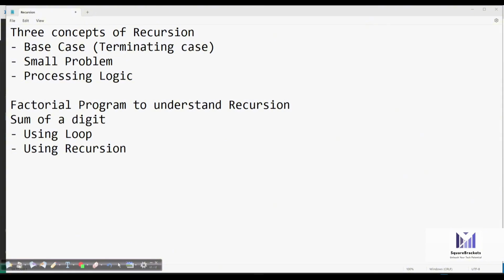All right, so we will start with the loop version. First we'll talk about the loop version of the same program. What exactly is the question? If you want to perform the sum of a digit, let's say the input is a number n, and the input is simply 1, 2, 3, 4, 5.